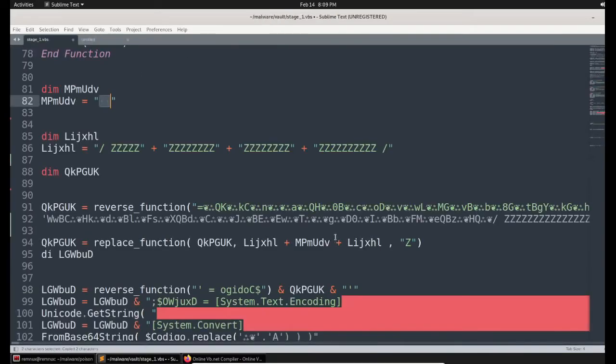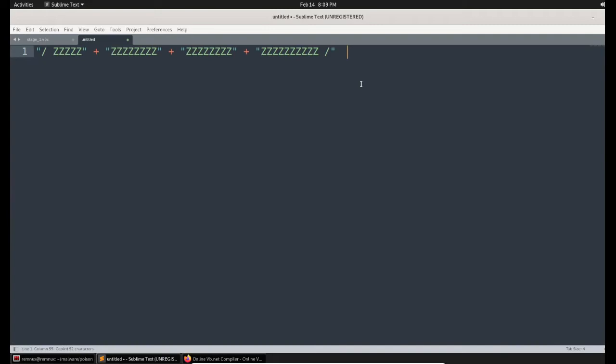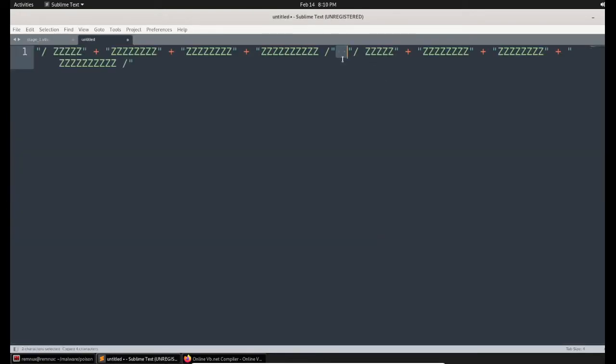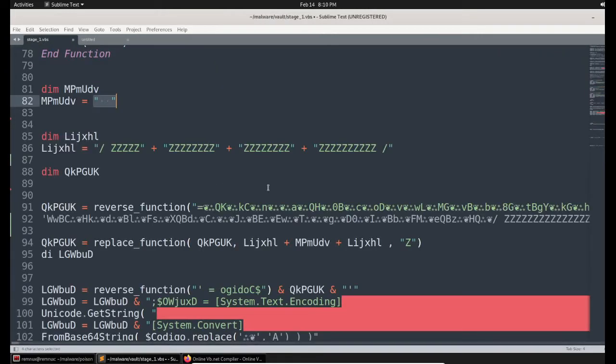And once again, they are calling a string. Perfect. Now we pasted it.